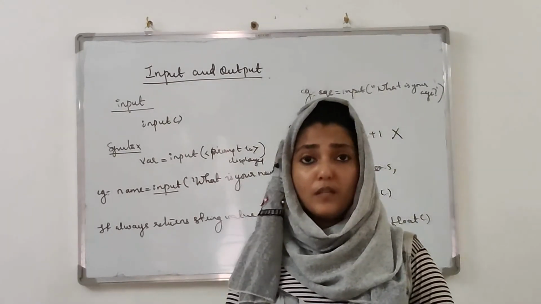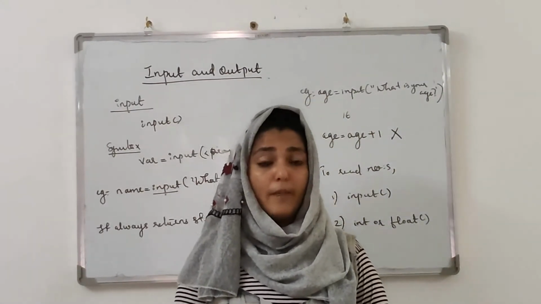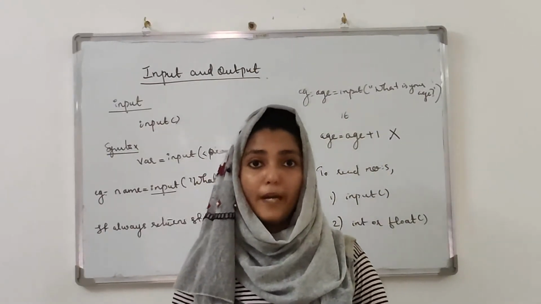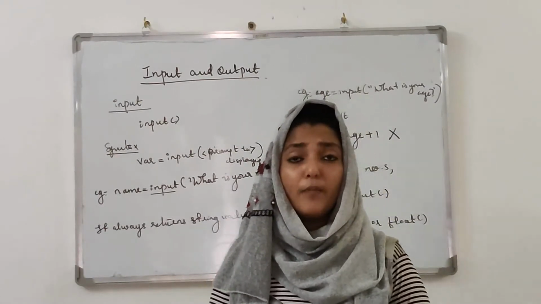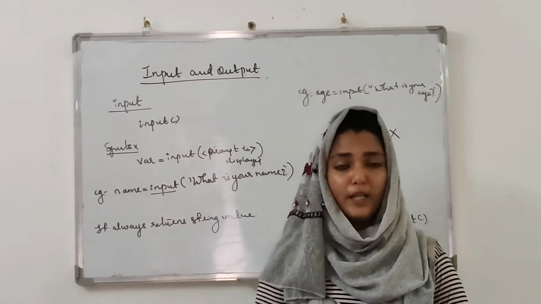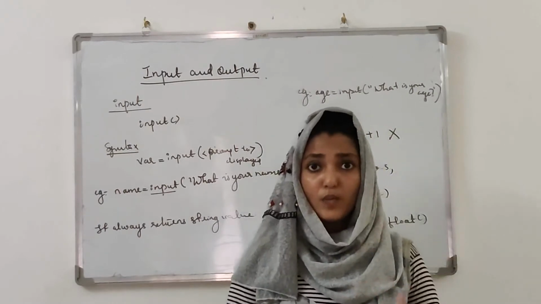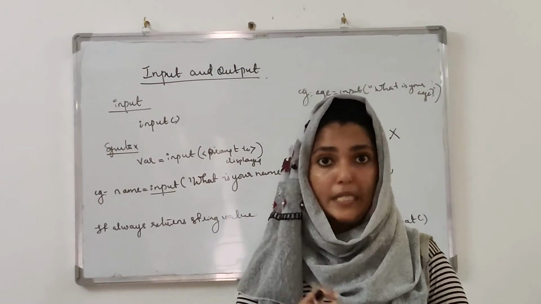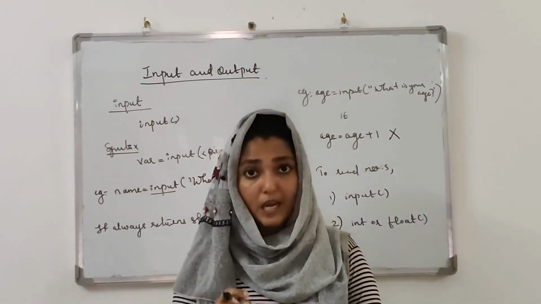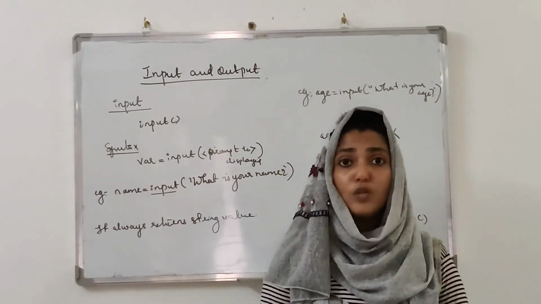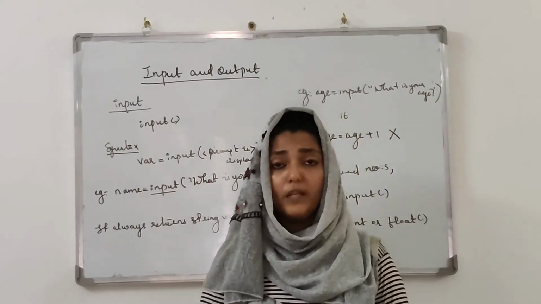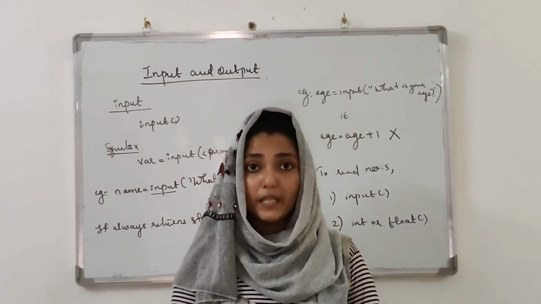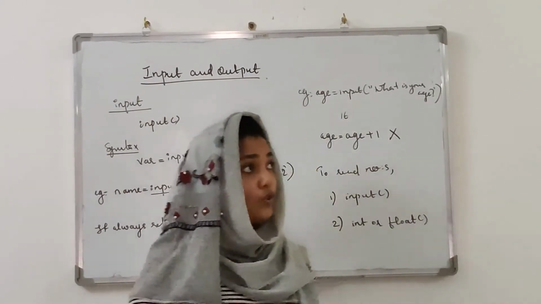Students, in our last class we discussed the different types of tokens in a Python program. Then we studied the bare bones of a Python program. Last class we also studied what variables are, the types of variables, and how we can assign values to a variable. Then we studied dynamic typing also. These are the things we discussed up to